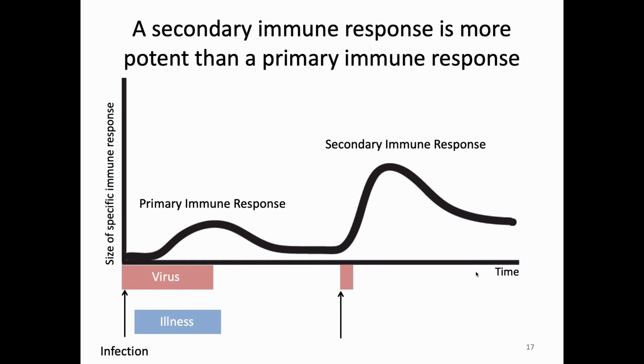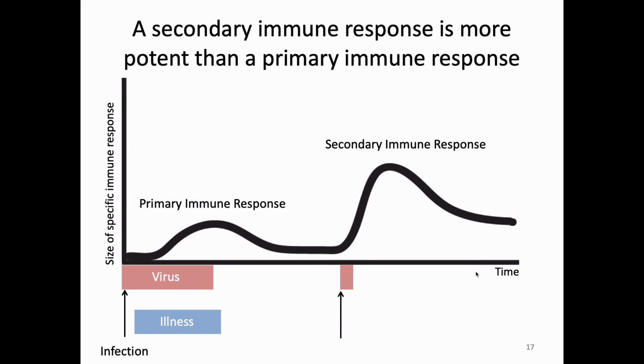The virus wasn't around long enough to actually lead to feeling sick. The virus wasn't actually going to a high enough level to make you feel sick. This is the reasoning behind the idea that you can't get the chicken pox twice. You can get it the second time. It's just you're never going to notice it because your immune system gets rid of it so quickly and so well. This is the point where somebody always raises their hand and tells you about their cousin who got their chicken pox twice. But this is the idea of why previous infection will lead to protection, because your primary response